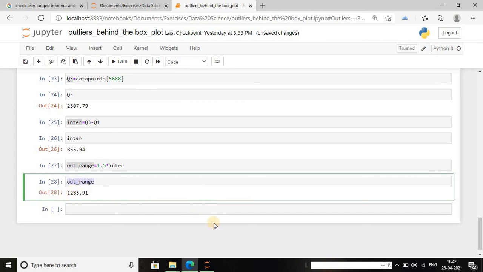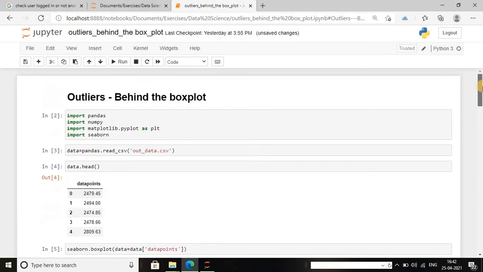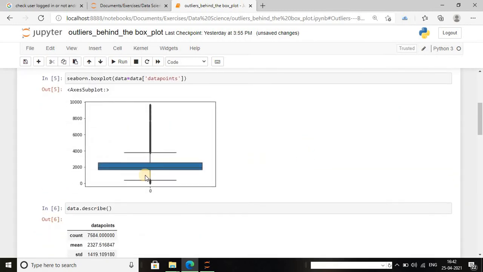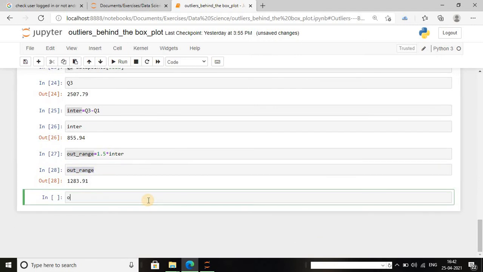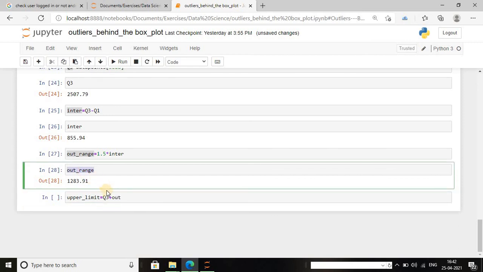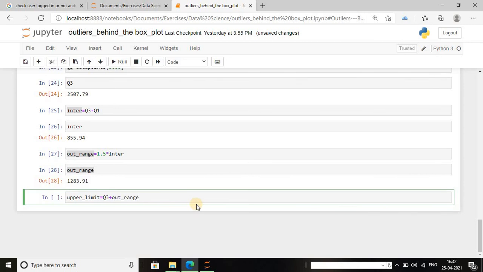I have to add this 1283.91 to the 75% quartile, and subtract 1283.91 from the 25% quartile. So for the upper limit, I have to add Q3 plus the outlier range.